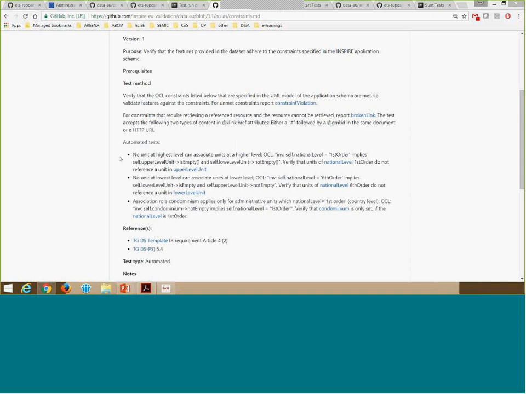So what is done in the test is that when an administrative unit is of level 1, so first order, we check whether or not it is referencing something in the upper level unit. And so it is set to be not adhering to the constraint.